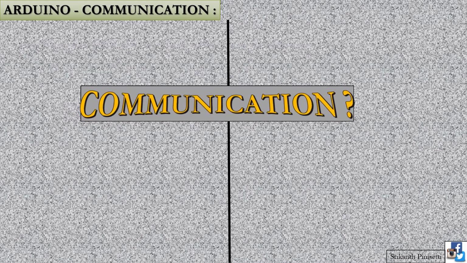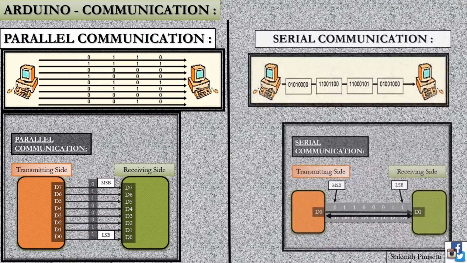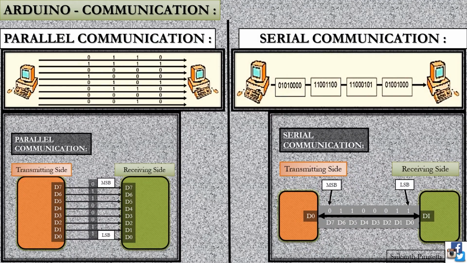Before getting into a deep discussion about this, guys, let's have some introduction. Tell me, what is meant by communication? Communication means sharing of information between two persons, sharing of data between two persons, sharing of data between two physical objects. Now you have come to know about communication. There should always be a transmitter and a receiver. Further, this communication is classified into two parts: parallel communication and serial communication. Let's have some discussion about this.